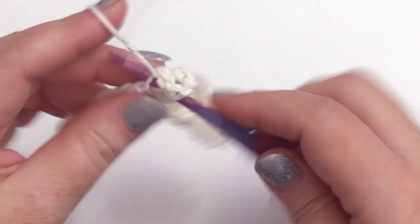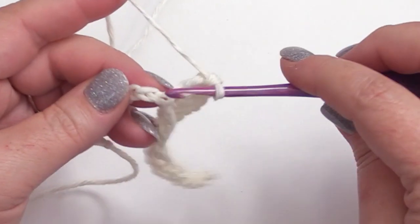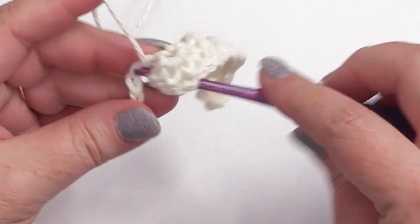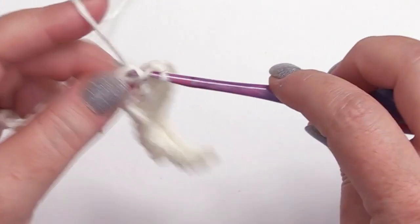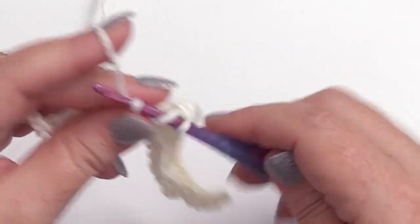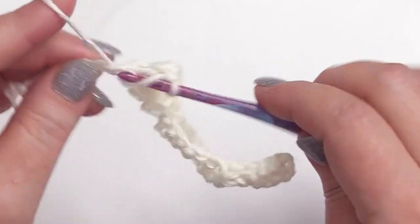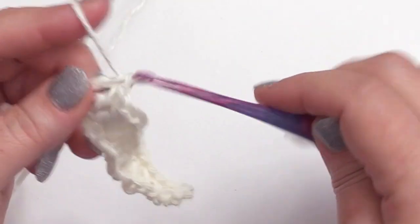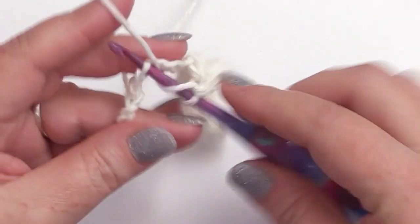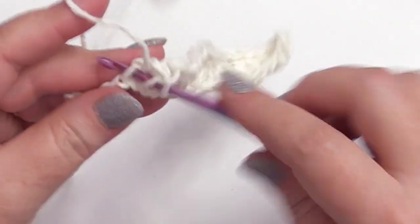1, 2, and then skip 2 chains, skip those 2, and do a double crochet in each of the next 3. So 1, 2, 3. And then last time, we're going to skip 2 chains and work that 2 double crochet, chain 1, 2 double crochet cluster. 1,